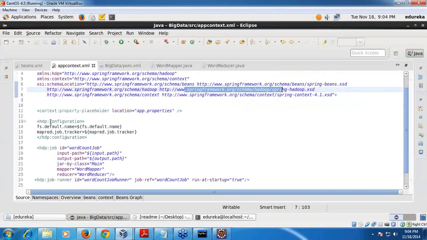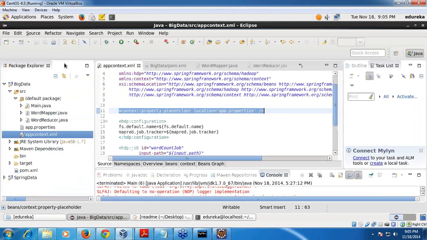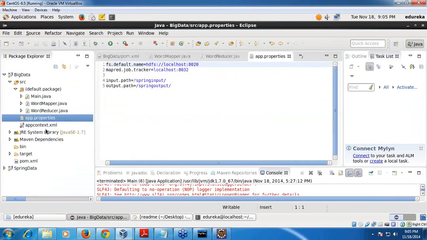First I will write one property file, a general Java property file, which will configure general properties. What I have done is I am using this properties file, where the name node is running, where the job tracker is running, and the input path and output path I am specifying here. Just one property file.